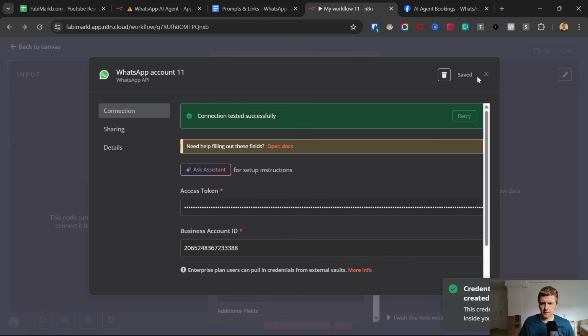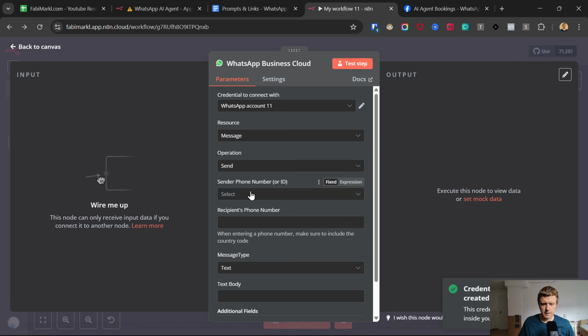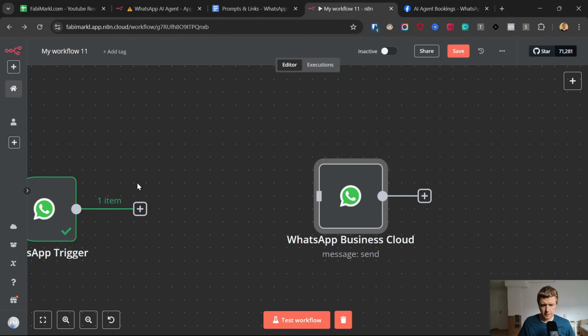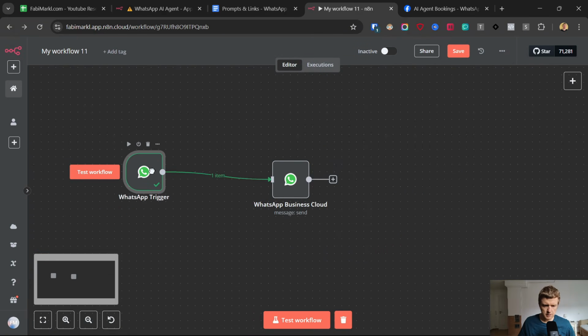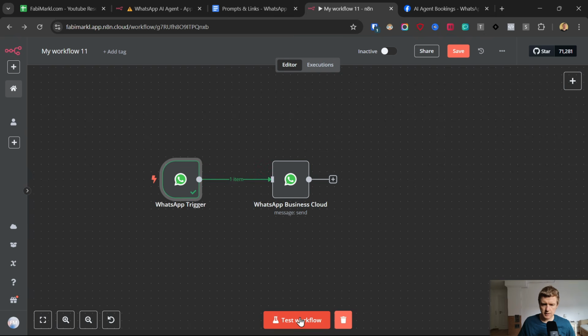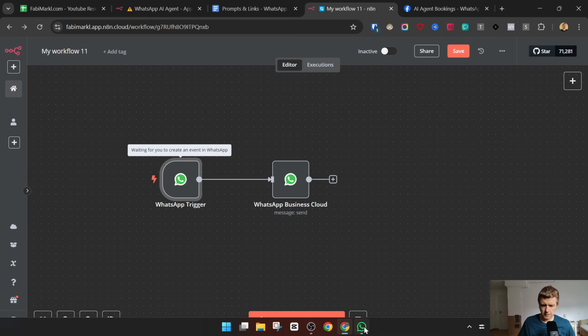Okay, click Save. Right now we need to select the sender number and the recipient phone number, which we will map in the next step. And here it's just a test message. So now let's connect these two. Let's zoom out a little bit. And now if we click on test workflow and send a message,